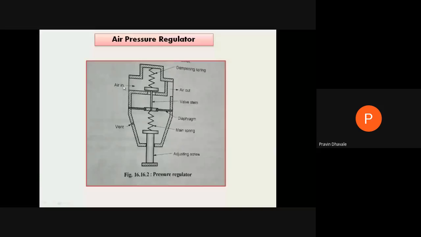इथून आत येणार आहे, हे वॉल आहे, तिथे डॅम्पिंग स्प्रिंग आहे. ही जी स्प्रिंग आहे इट कन्सिस्ट ऑफ द टू स्प्रिंग, ही डॅम्पिंग स्प्रिंग आणि ही मेन स्प्रिंग. मेन स्प्रिंगच्या साहाय्याने आपण काय करणार आहे, या वॉलची पोझिशन सेट करणार आहे. आणि या वॉलची पोझिशन सेट करायला काय करतो आपण, हा ऍडजस्टिंग स्क्रू रोटेट केला तर काय होणार आहे, ही स्प्रिंग